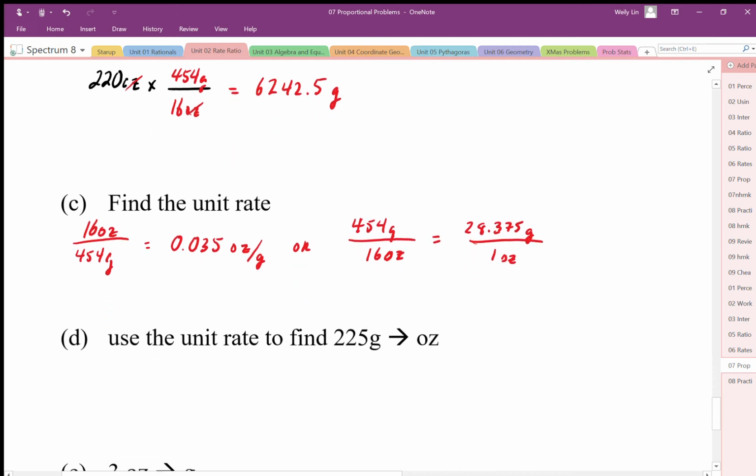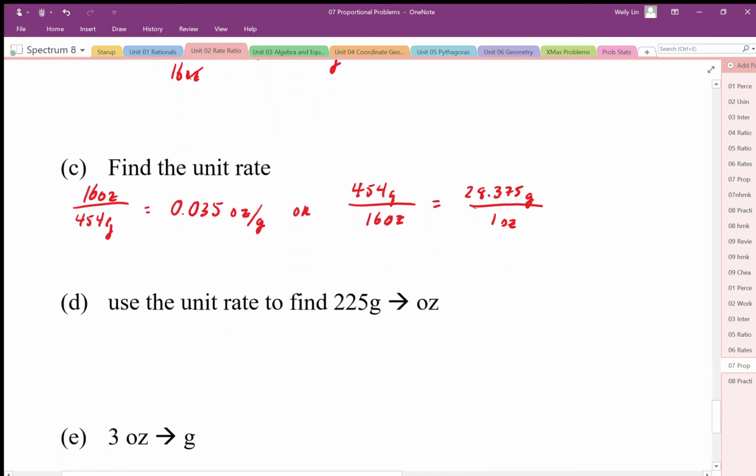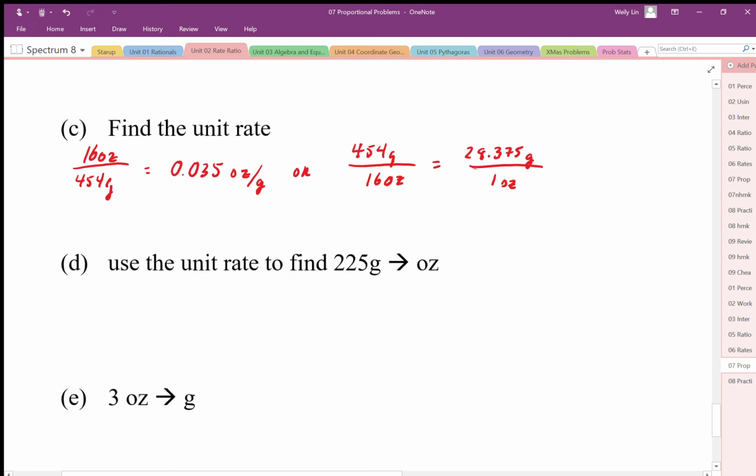So using the unit rate, I'm going to convert 225 grams into ounces. So I'm going to start with 225 grams. Okay, and then I'm going to multiply by that unit rate. And I'm going to use this one here. Okay, but that means I need to put the 1 ounce on top